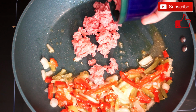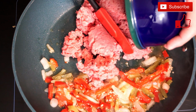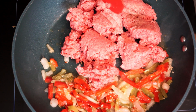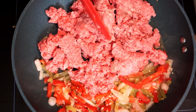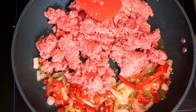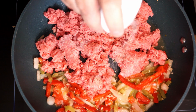Now, if you don't want to use ground beef, you don't have to. You could use Italian sausage. It's your choice what you use. I use ground beef because in my family, that's what we've always done. It is cheaper than getting Italian sausage sometimes, but in the stores today, who knows what you're going to pay for whatever, because groceries are through the roof. But a pound of ground beef works really well for this, or if you want to go for Italian sausage,